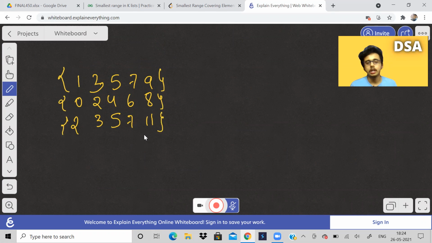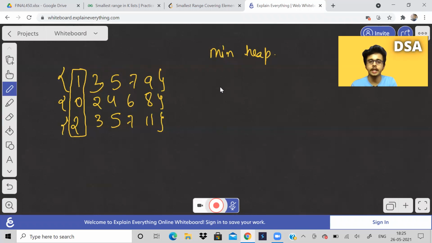What we will do is make a min heap, and in the min heap we will put the first elements of all the lists. This step is very common to all these kinds of problems like merge k linked lists and merge k sorted arrays. In those problems also we have done this only. So we will put all these elements.